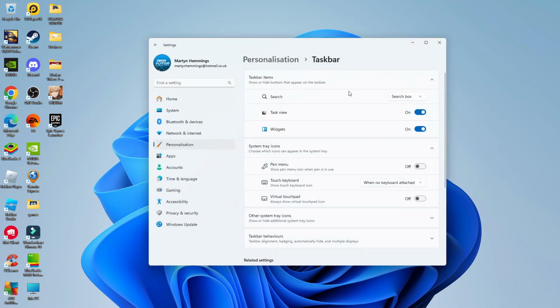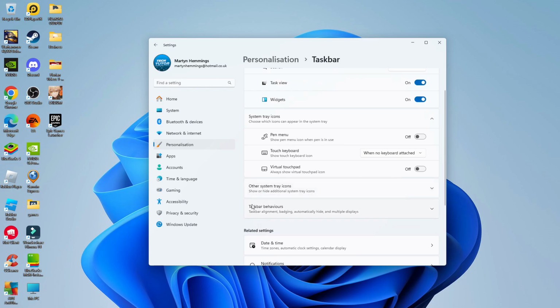Now what it's going to do is take you into a screen like this, and from here you want to scroll down a bit until you see the option for taskbar behaviors, and then give this a click. Now you can see we've got an option here which says taskbar alignment. So if you click onto this, you can see it's currently set to center, and what you can do